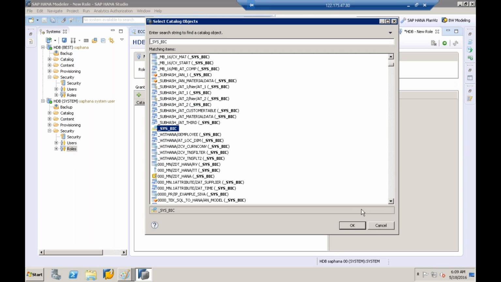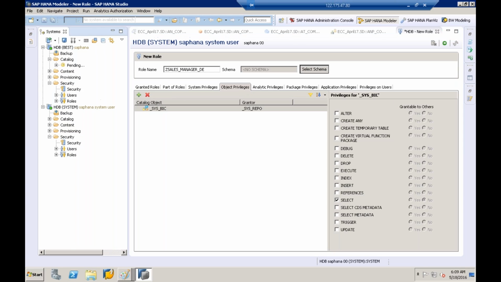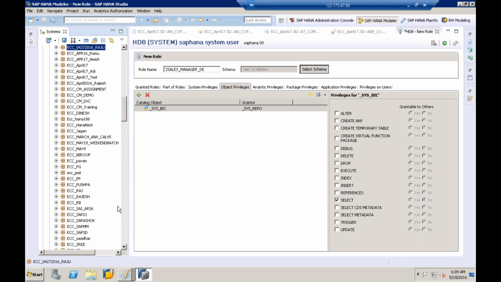Select the schema and click OK. So once you select the schema, you need to have a select privilege, which means you have to select on the schema. Now if you want a specific view to be assigned, then you can go to the package,